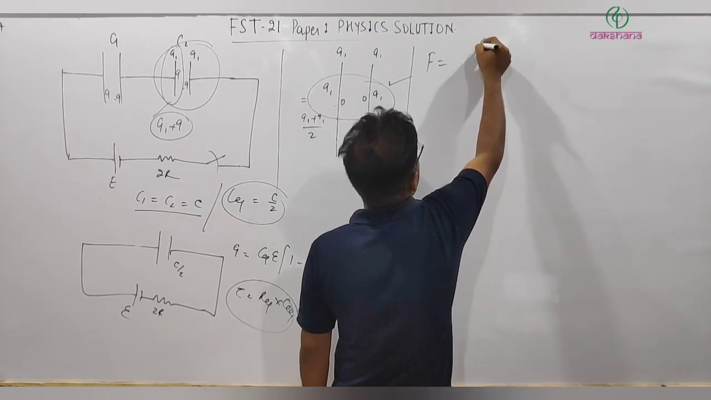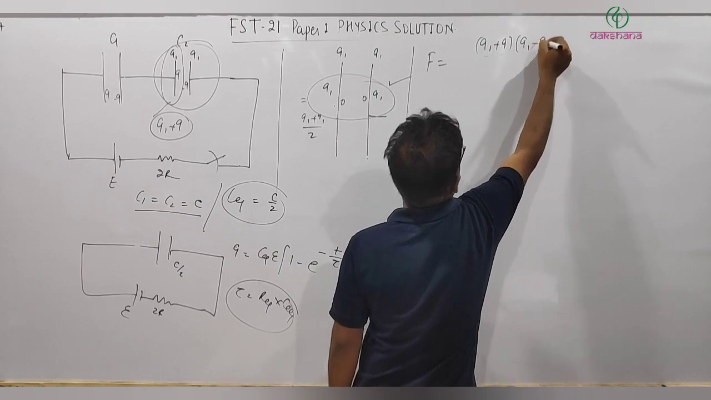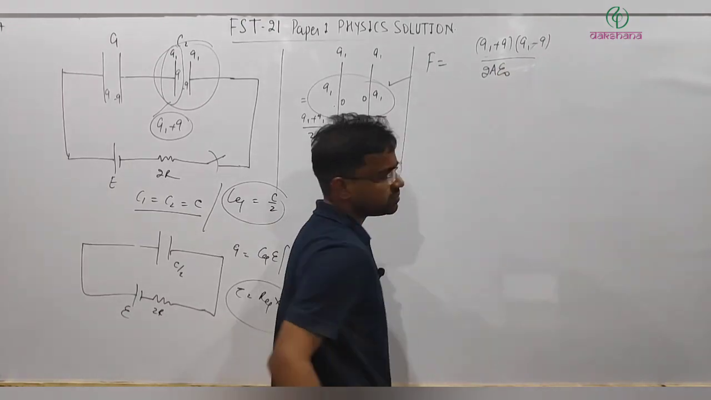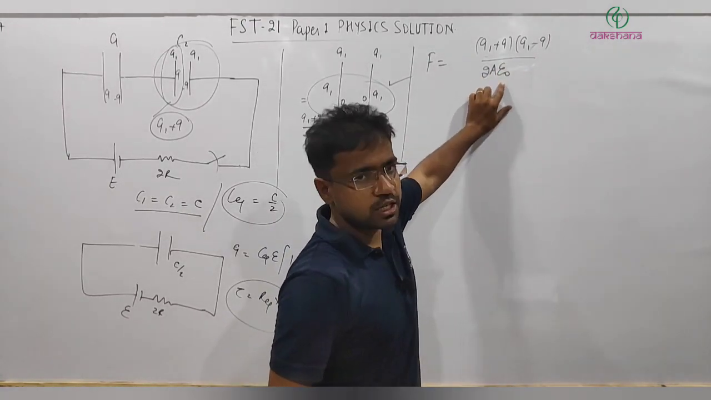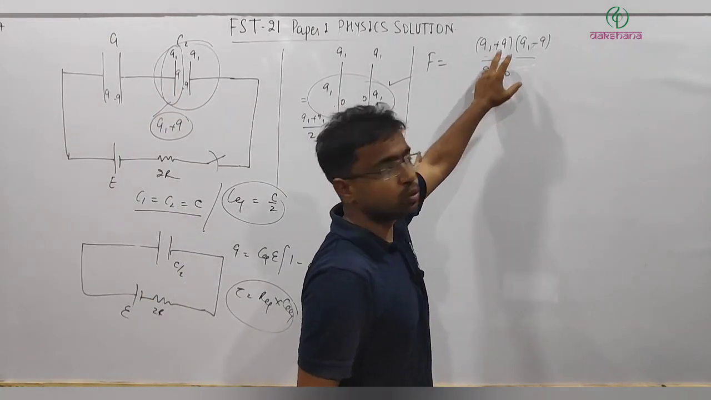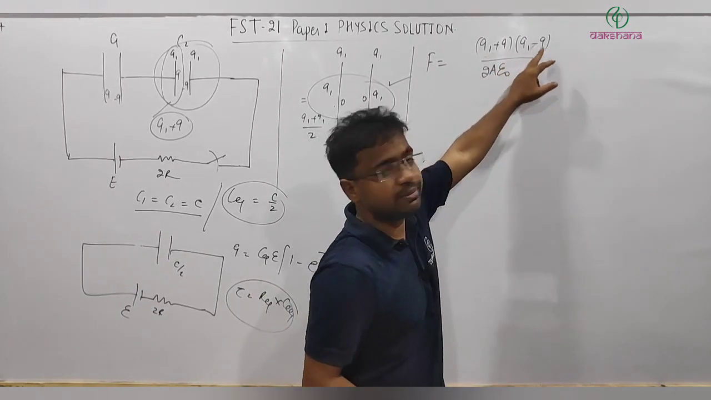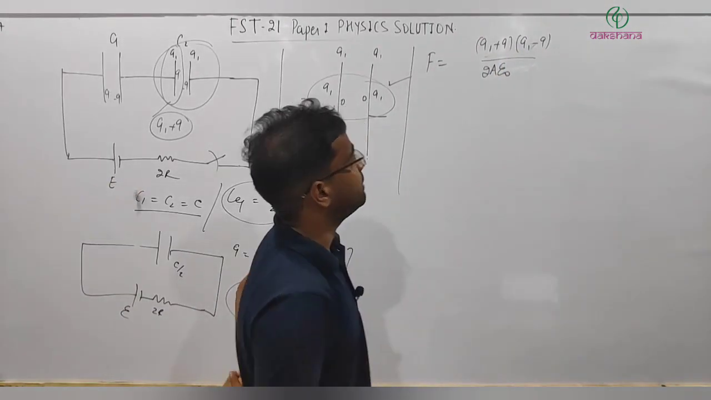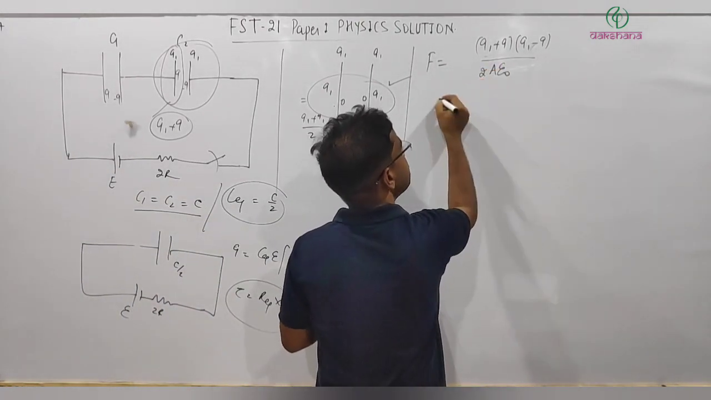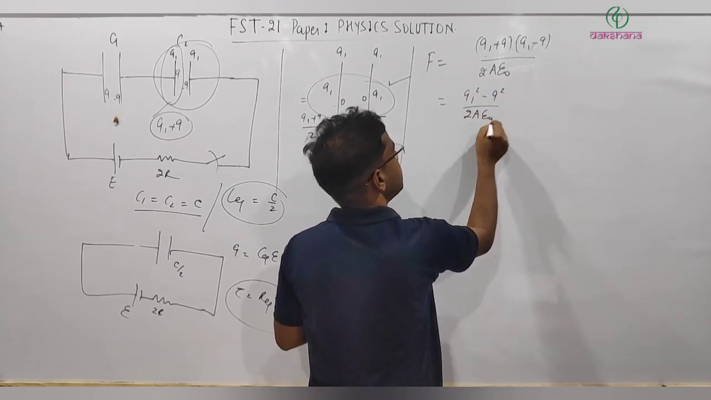written as basically (q1 plus q) into (q1 minus q) divided by 2a epsilon naught. Basically q by a epsilon naught is the field, but because of only one plate, it is total q divided by 2a epsilon naught. The force is the electric field multiplied by the charge on the other plate, that is q1 minus q, whole divided by 2a epsilon naught. So this will be (q1 square minus q square) divided by 2a epsilon naught, the force between